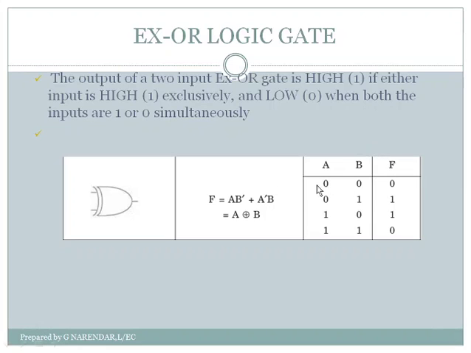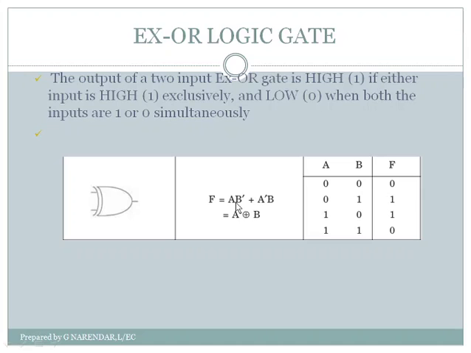And you can see that for all the combinations, for a particular combination we can obtain the output of the XOR logic gate by using the Boolean logic expression for the output of XOR gate, that is F equal to AB bar plus A bar B. So we will see when both the inputs are 0, A equal to 0 and B equal to 0, you can substitute these values for A and B in this expression,